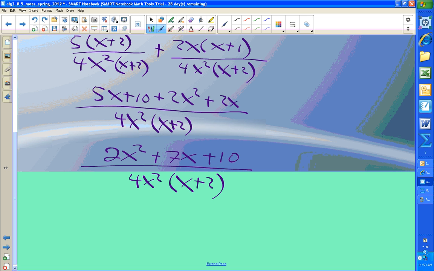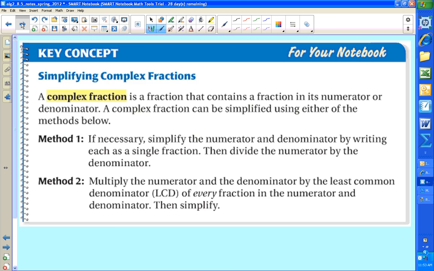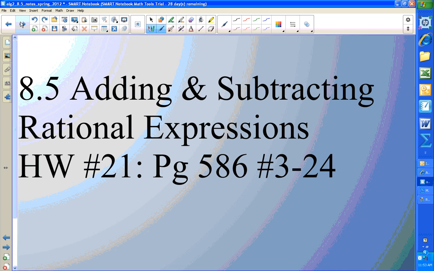No. There are no factors of 20 that add up to 7. So this is a good answer. So this is what I want you to look at tonight. This should be, for the most part, straightforward. Get a common denominator, combine,